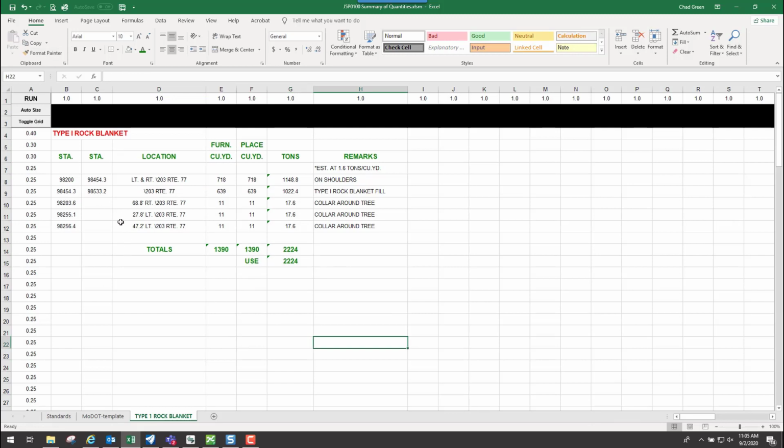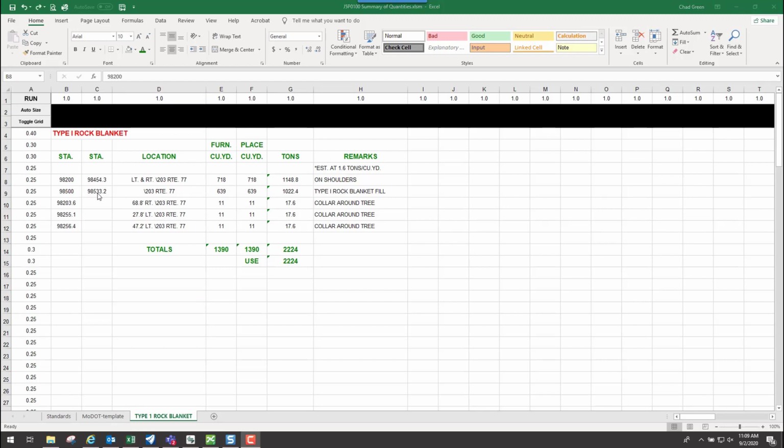Another thing that you want to pay attention to is your rows over here to the side. Normally for a large piece of text, this is going to be 0.4. If it's medium text, this is going to be 0.3. And if it's small text, this one right here needs to be 0.25. So since I know this is going to be medium text, I'm going to go ahead and bump that up to 0.3. That way I get a little bit more row height for that larger piece of text.